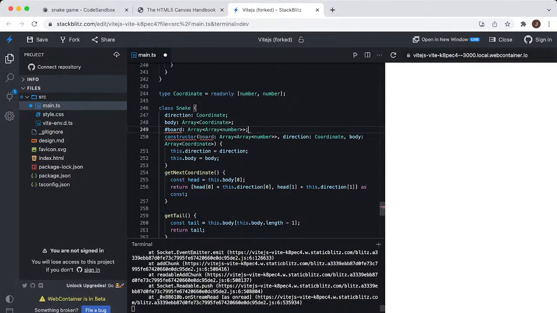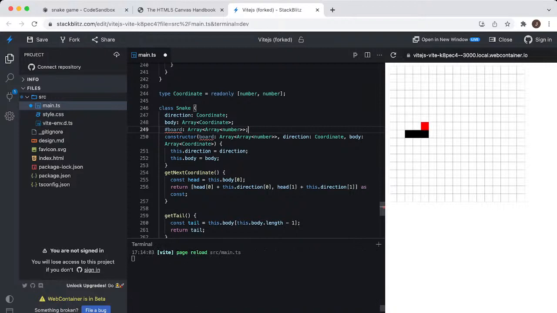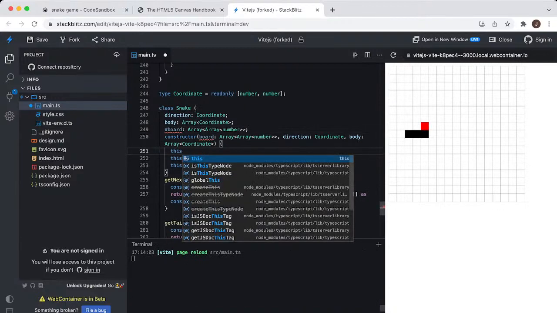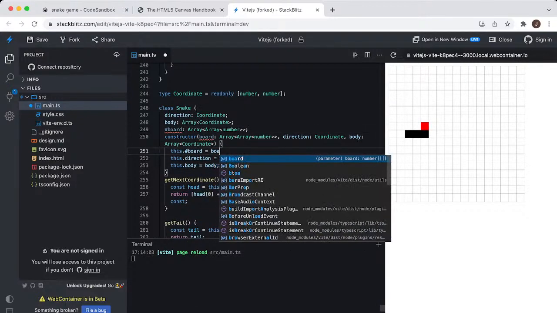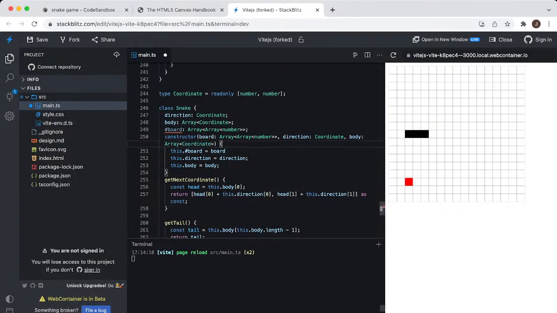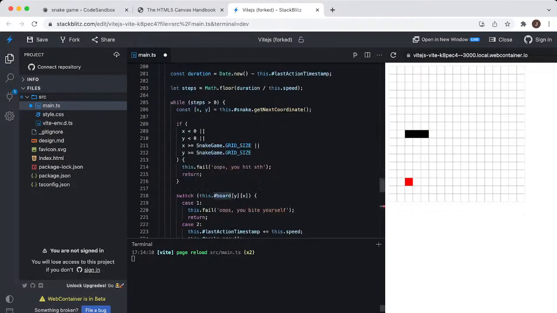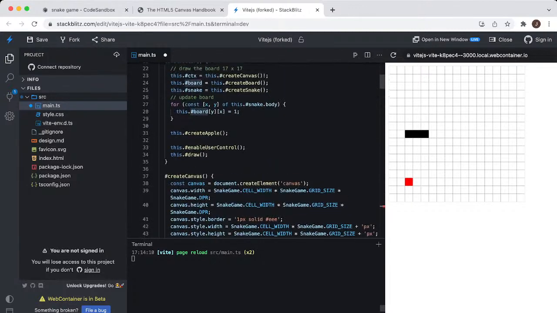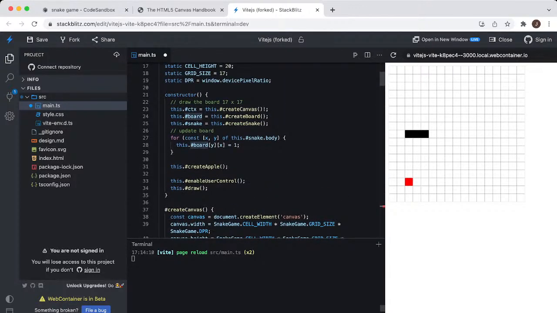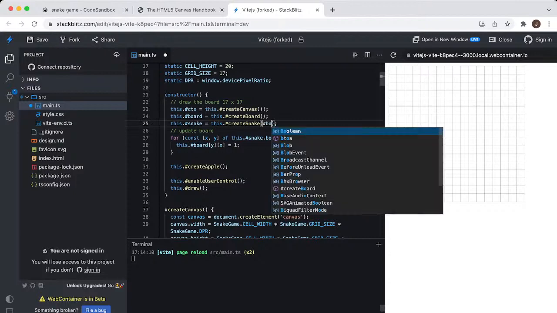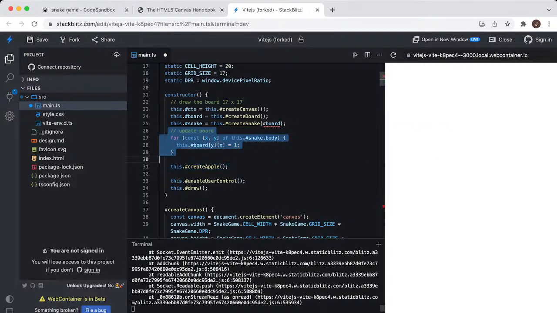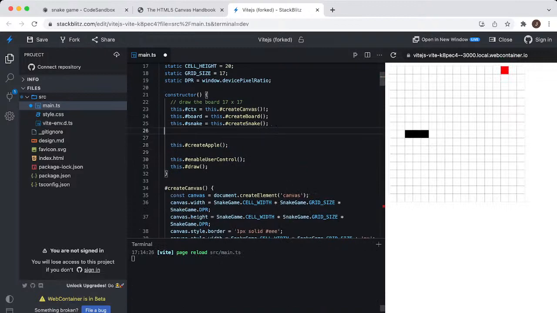So this board equals board. And now we have this one. So we create a snake based on this board, and we can move the code here. When it creates a snake, we can pass the board,